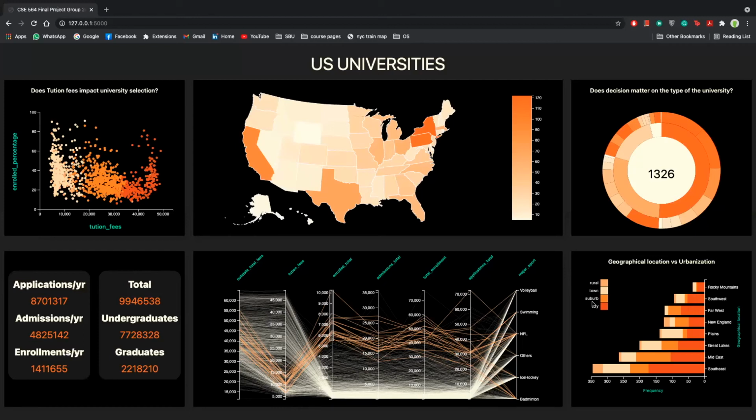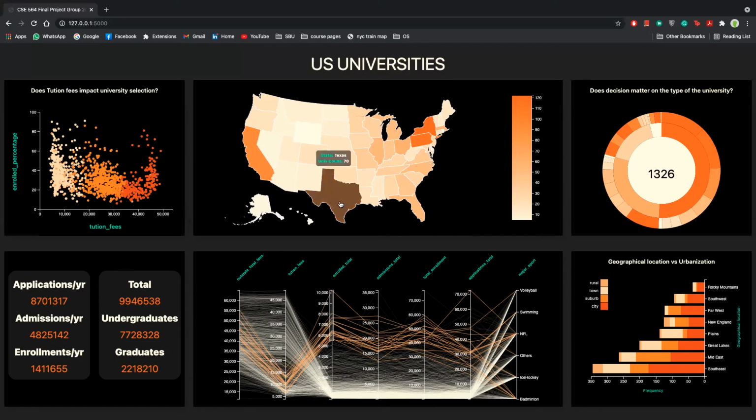So different users, different people can get insights saying that, okay, I want to go to colleges which are located in a city, so I can pick Southeast region universities. So people can get insights from that. Similarly, some people can prefer a particular region, like Asian people can select the Middle East region because it has similar weather conditions. In that way, this insight might be really useful.